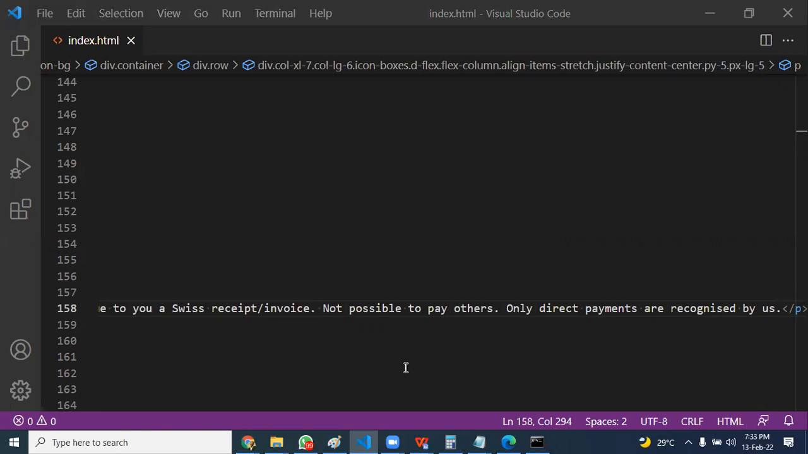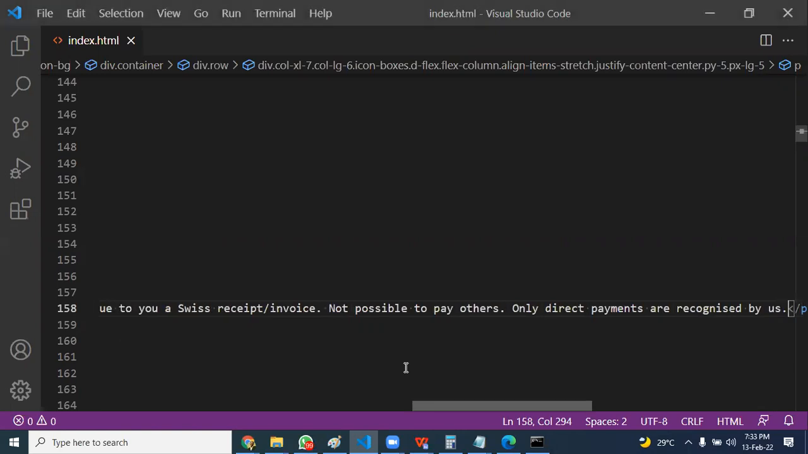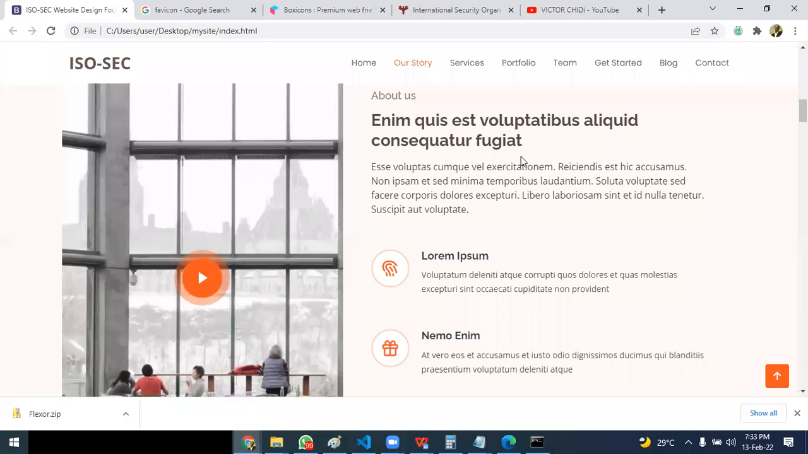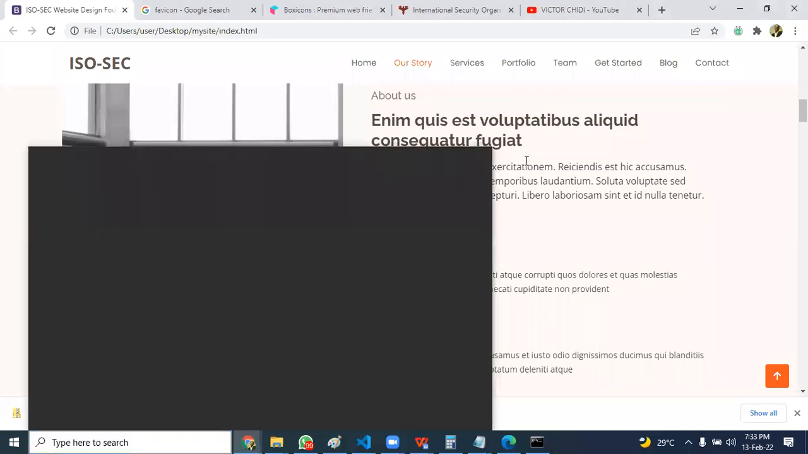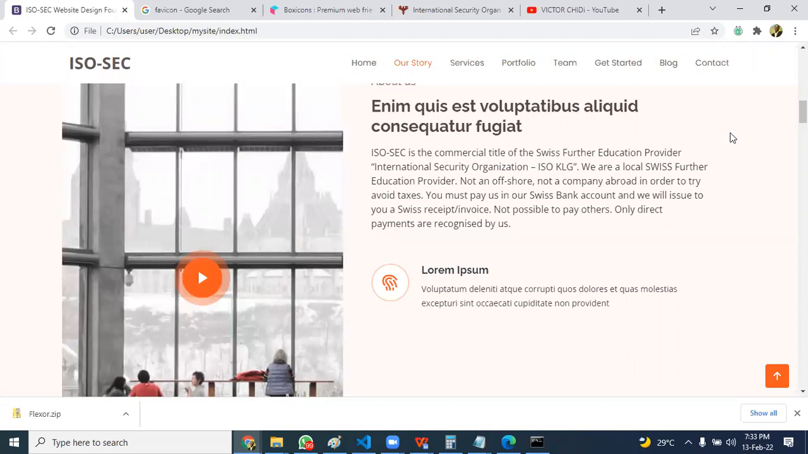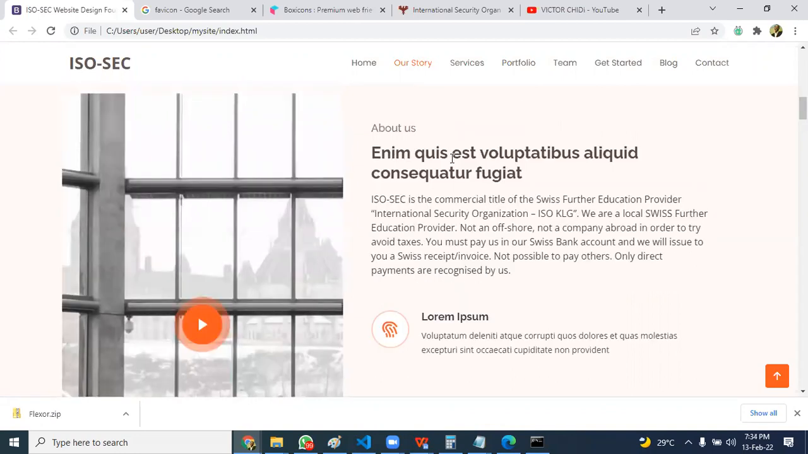Let me save this, save. And refresh. Let me refresh and see whether I'm going to see changes here in the About Us section. Good. ISOSEC is a commercial title for this. So About Us. So I'm just going to change that name stuff to,